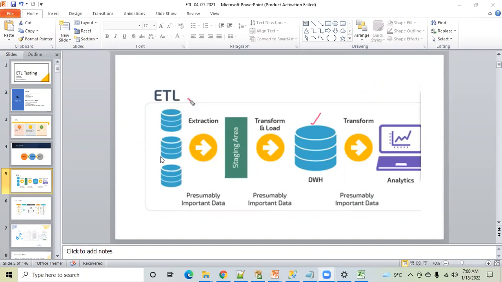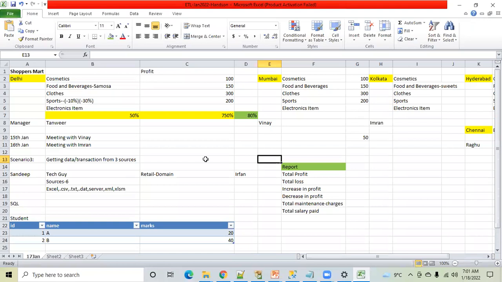Just a quick recap of the topics we have discussed so far. Yesterday we were discussing why we need ETL. This is very important. You should know why you are doing this particular task. I have told you that ETL is required. It will help any business to understand how the business is performing. That's the main agenda of ETL.